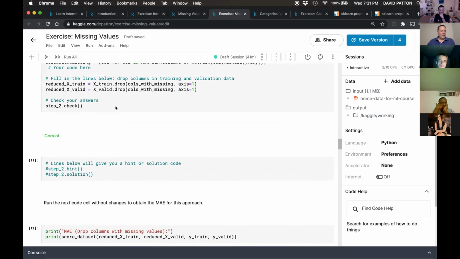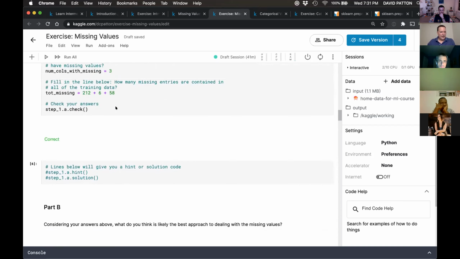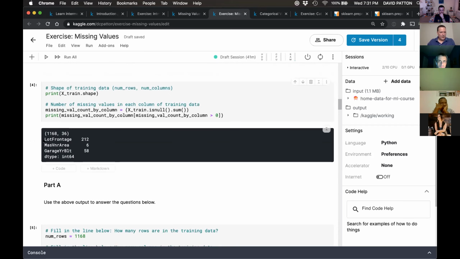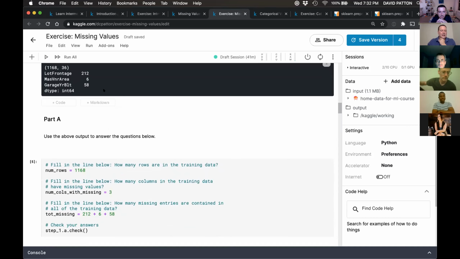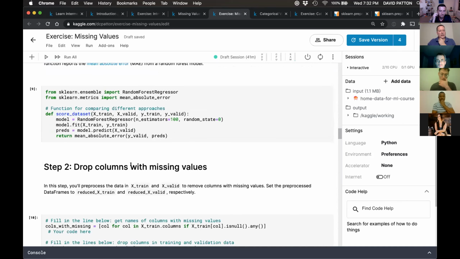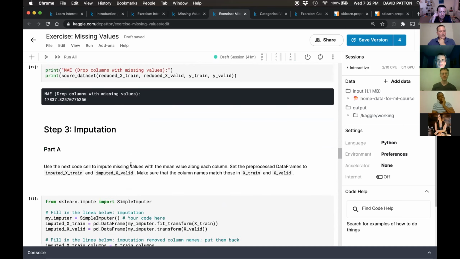And why might that be? I would guess that putting in the mean for some of these doesn't make much sense. Maybe the houses that don't have a lot of lot frontage, I have no idea, there could be quite a few houses that are not on pipe stems or something, so they don't have any lot frontage, and it doesn't make sense to fill that in. I'm not sure how that affects the price, but apparently it does. And anyway, it wasn't a good idea just to do the mean. It was better just to drop those, not consider them.